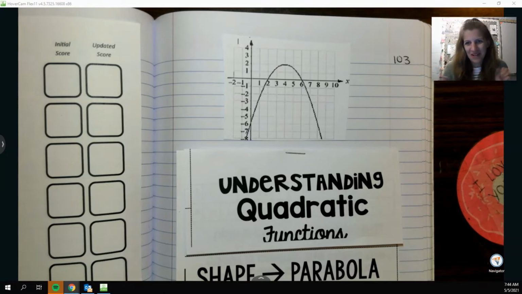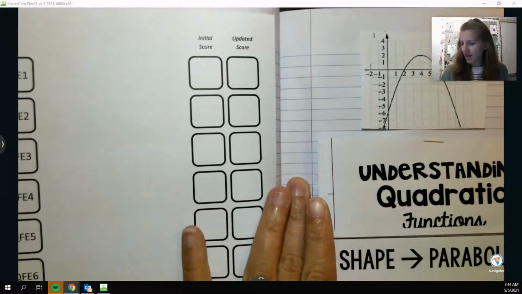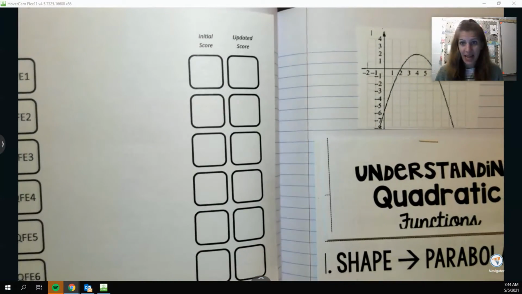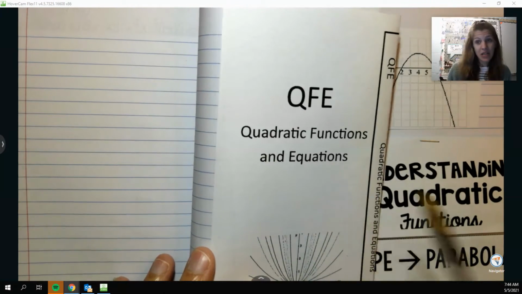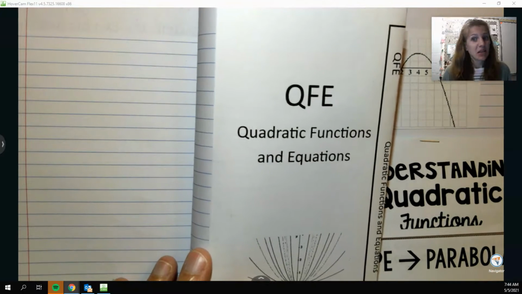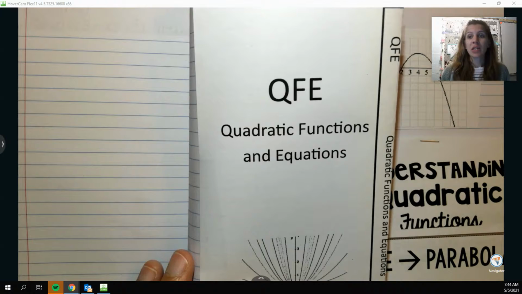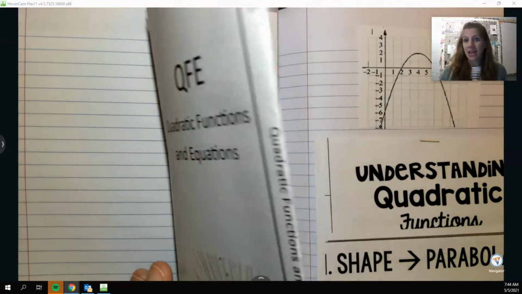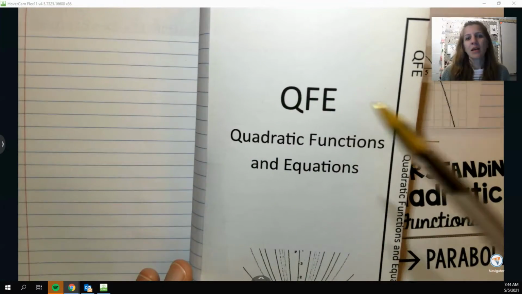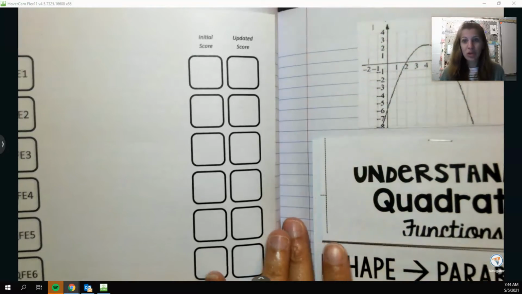All right, guys, we're going to start one of my favorite chapters, all about quadratics and their functions, aka graphs, and their equations and how we solve them. It's a lot like our linear functions chapter, where we talked about 3 different forms of a line and how to graph each form and all that fun stuff. So we're going to do the same thing, but with these fun new graphs called quadratics, our super fun new